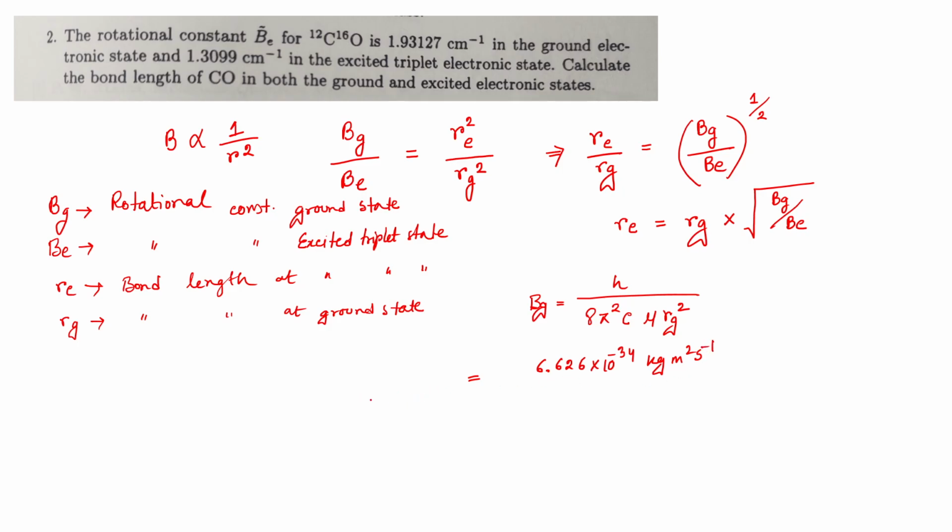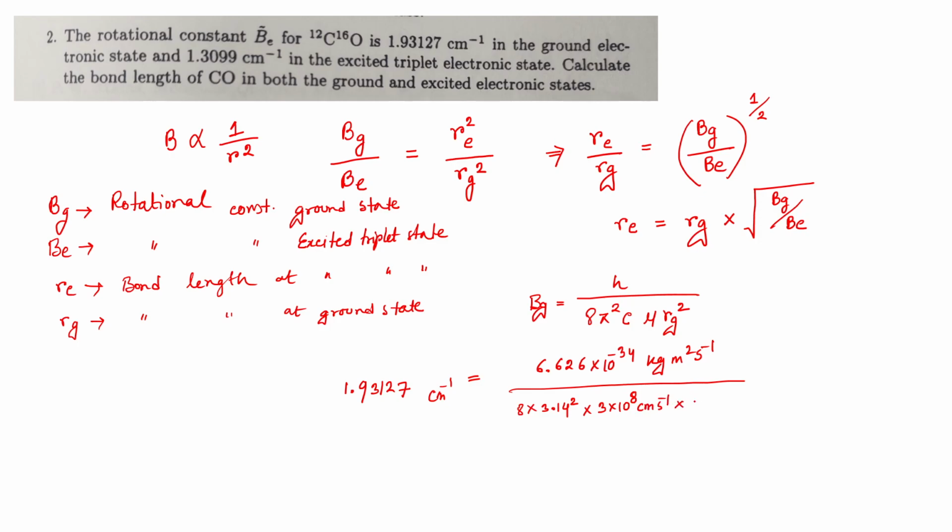Bg value is given, which is 1.93127 centimeter inverse divided by your 8 into 3.14 square, 3 into 10 to the power 8 centimeter second inverse